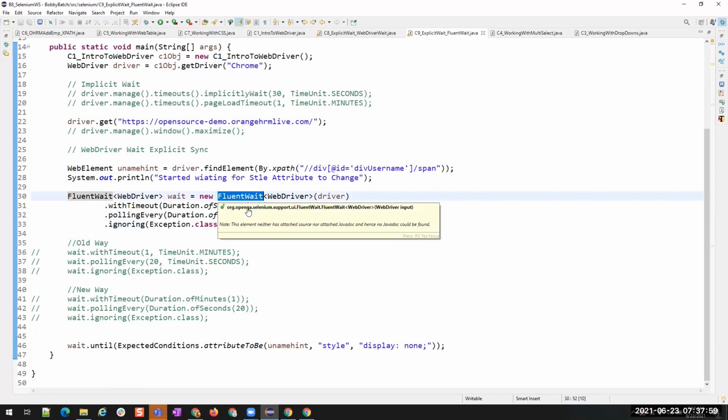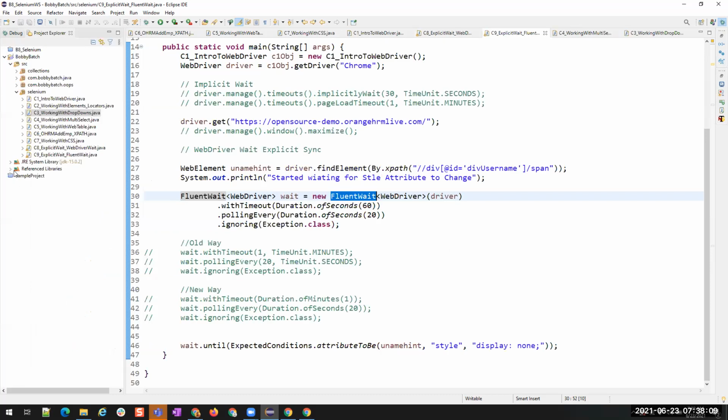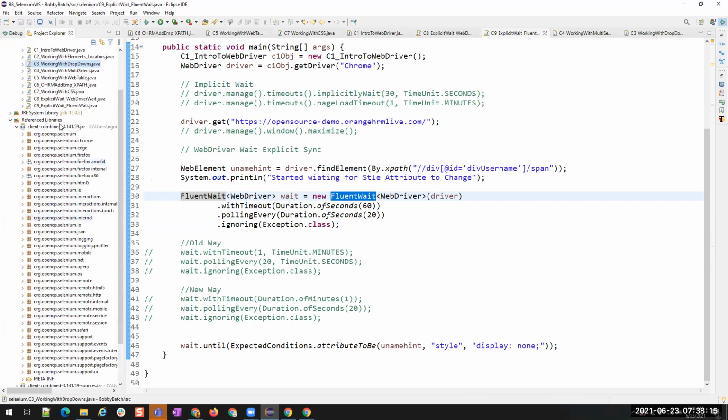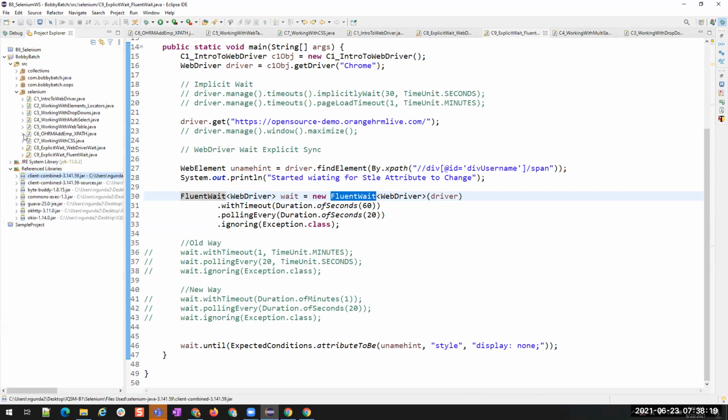You see here, org.openqa.selenium. That is the only difference. This is from Selenium.support.ui. That is because we added some libraries in the beginning. Do you remember these libraries? We downloaded one file, Selenium language bindings, and then we added it into this, right?